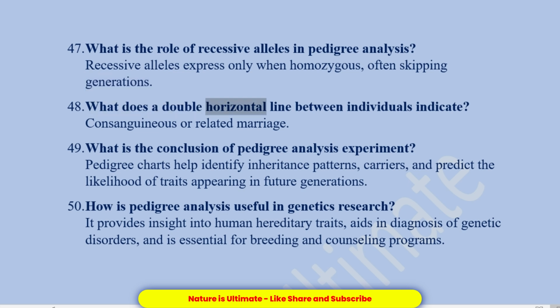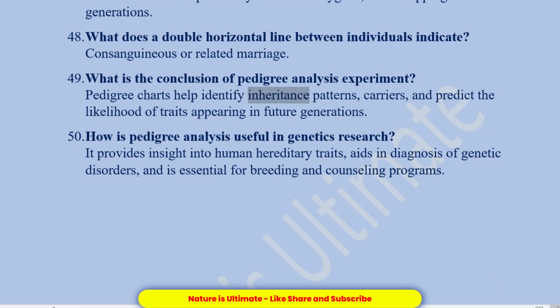What does a double horizontal line between individuals indicate? Consanguineous or related marriage. What is the conclusion of pedigree analysis experiment? Pedigree charts help identify inheritance patterns, carriers, and predict the likelihood of traits appearing in future generations. How is pedigree analysis useful in genetics research? It provides insight into human hereditary traits, aids in diagnosis of genetic disorders, and is essential for